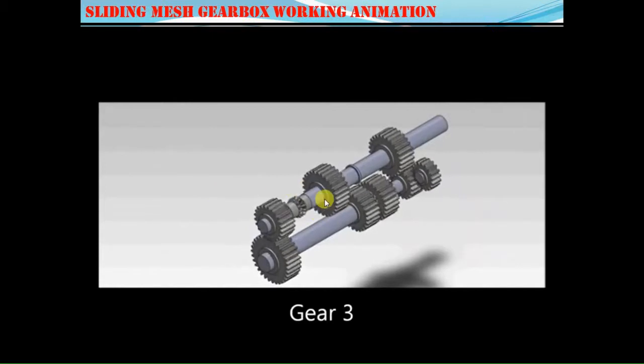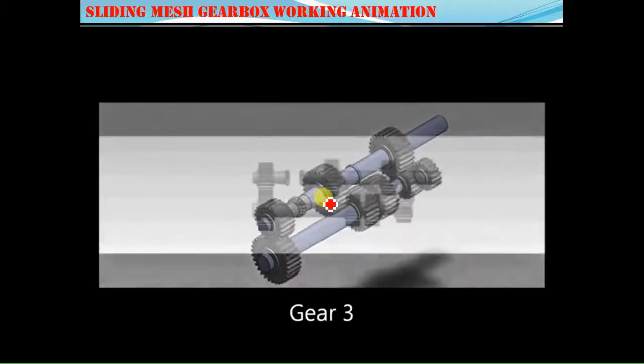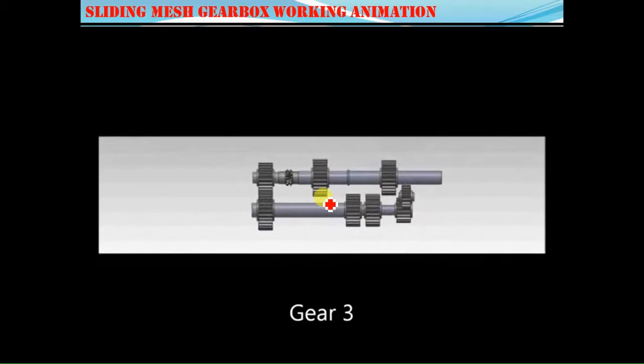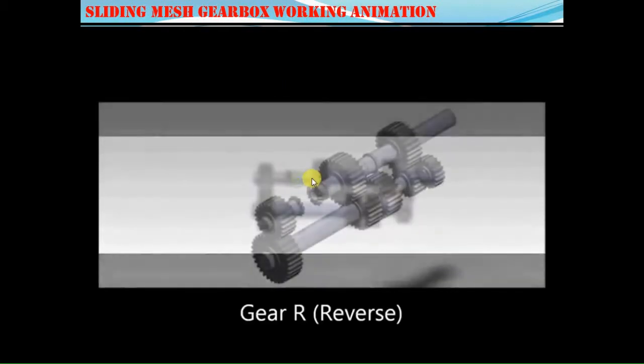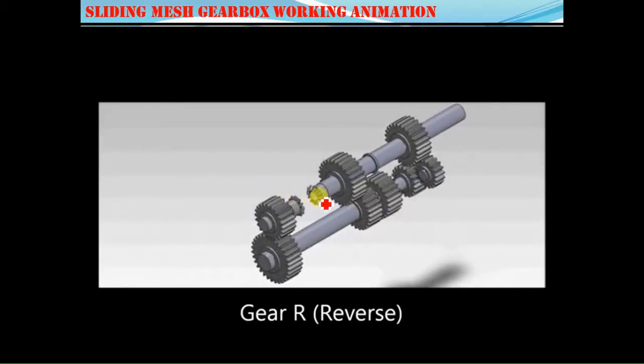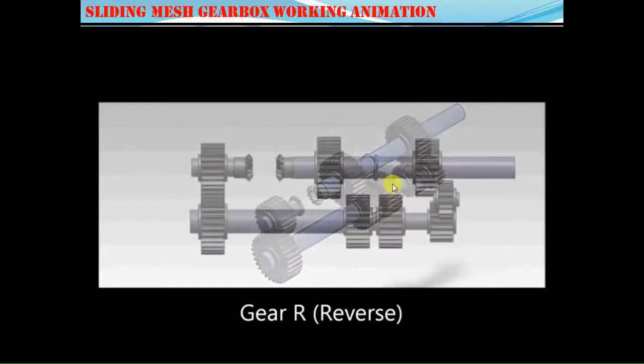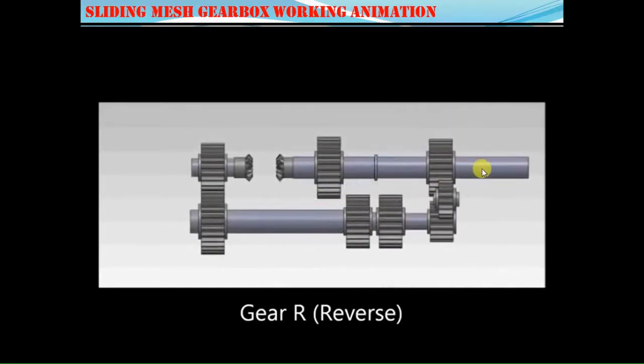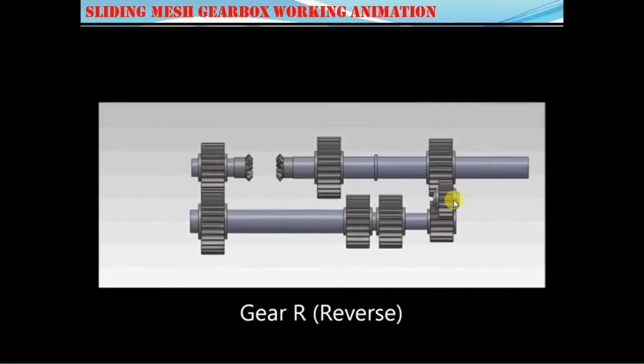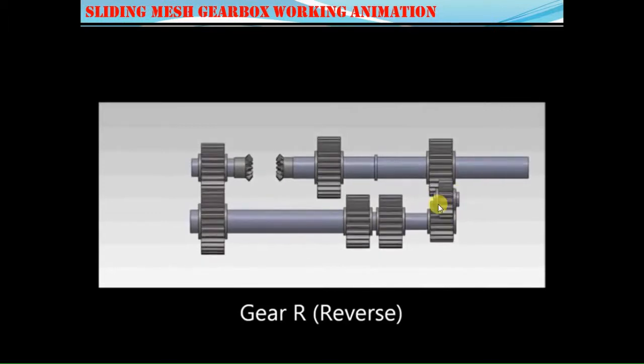This is the shaft to shaft connection. You can see here, this shaft is connected with this shaft. This is the top gear, and there is another type of gear called the reverse gear. In this particular case, the output shaft is reversed. Here there is an idler gear in between the two gears. So this is the basic layout of the sliding mesh type gearbox. Okay, thank you.